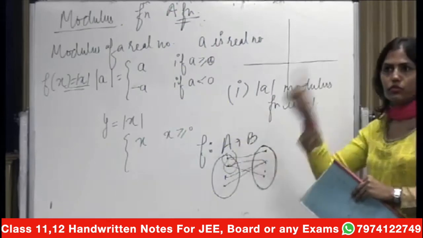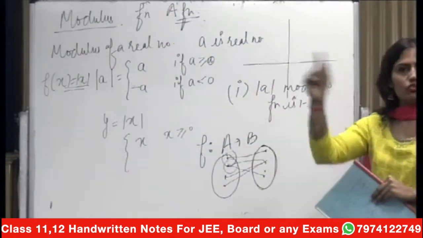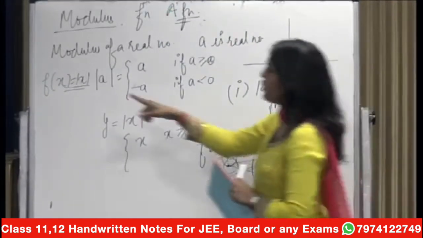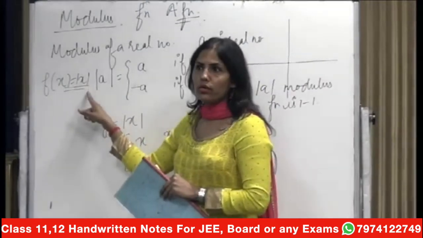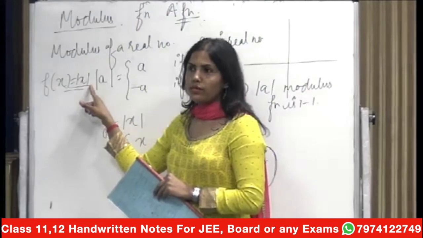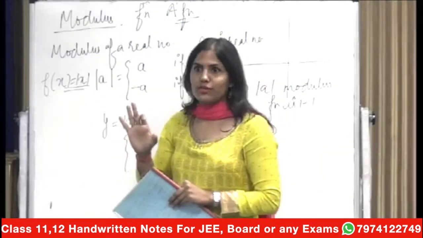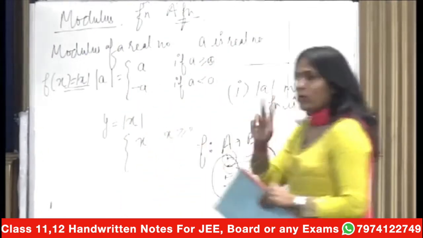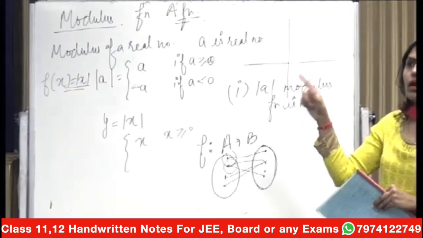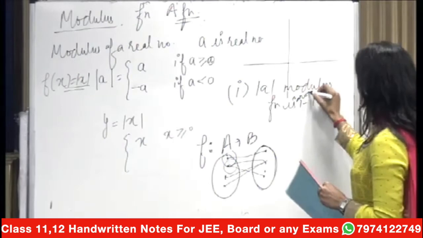Apply the definition. For one value from this set, one value will match to 1 only. It should not go to two values. So if you take 1 here, it will go to 1, and if you take -1, it will also go to 1. So now answer: it is a function, but it is not a one-to-one function. So you got to know how to check one-oneness. This modulus function is not 1-1.